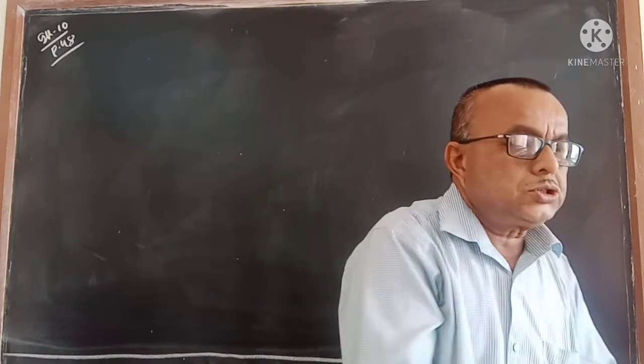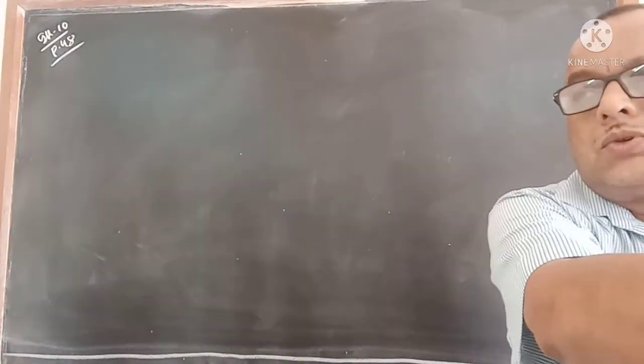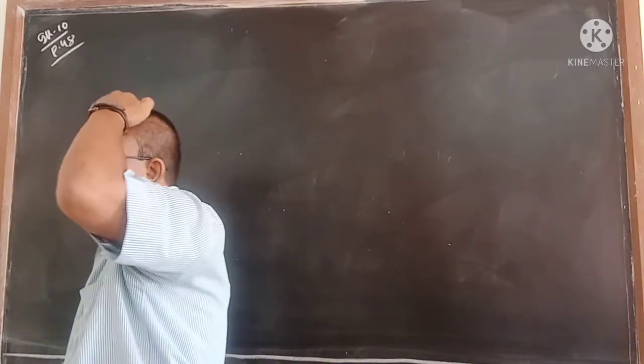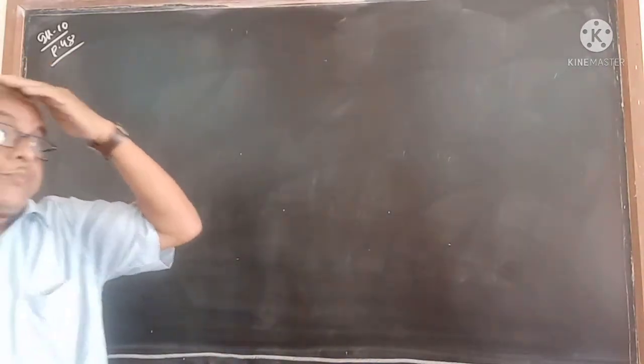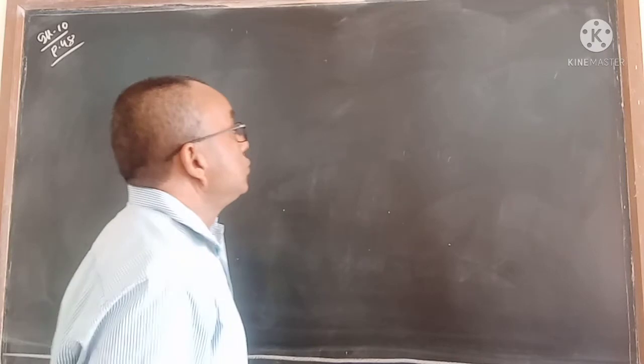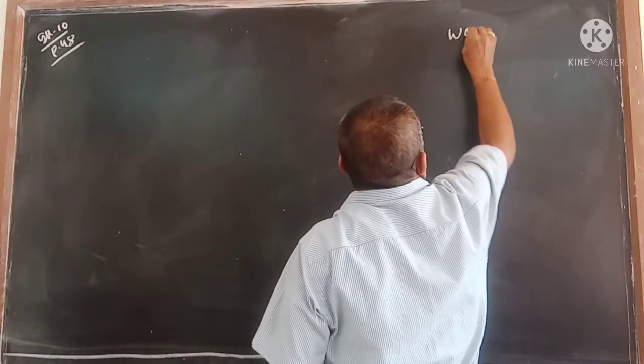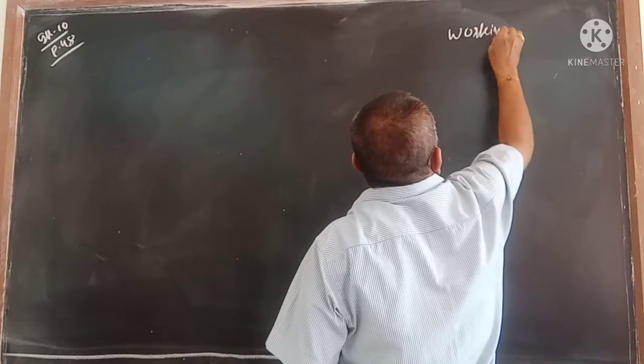Very easy question. Working is compulsory. Without working you will not be able to complete the sum. So do the working the proper way and it will help you to do the machinery account. How will you do the working? Here I am writing how you will do the working.